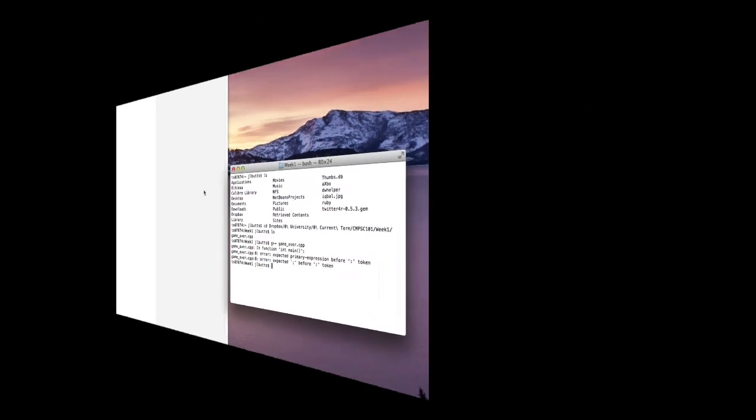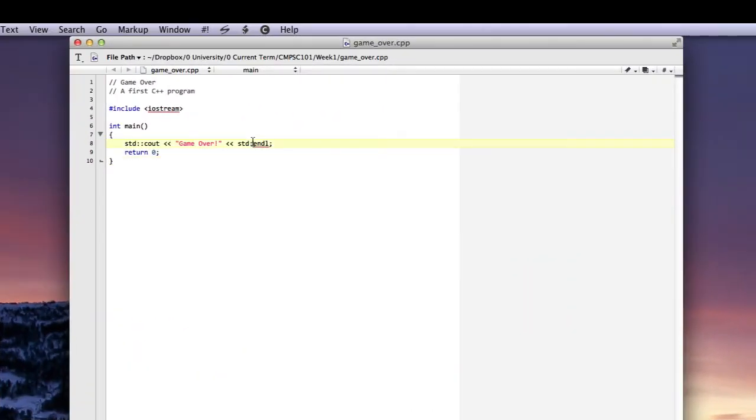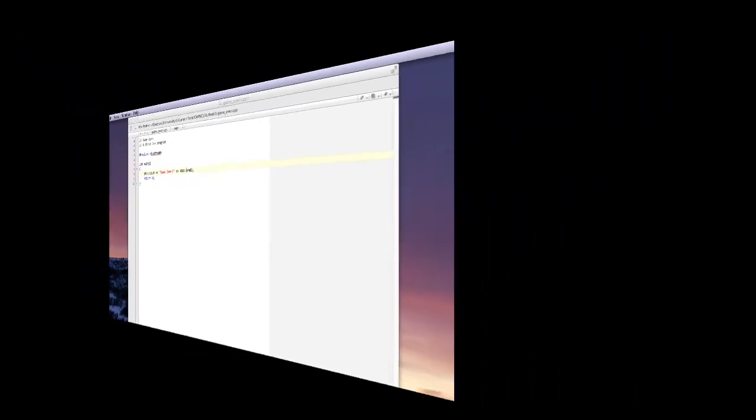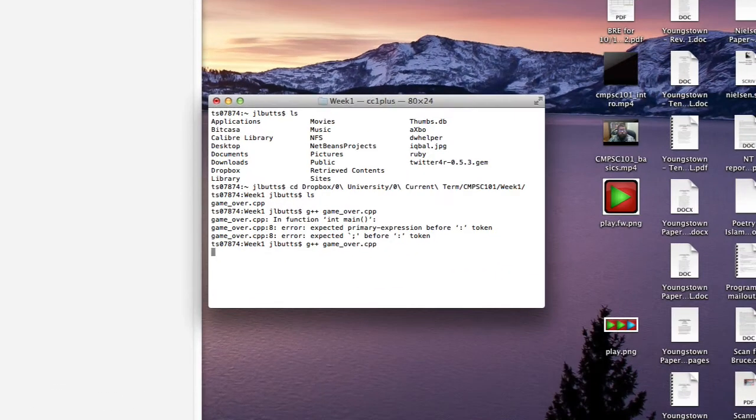And I have an error in my code, and I see exactly what that is. So I will fix that, and I've saved my file, and I will recompile. Okay, now if I list, I now have two files in that directory, game_over.cpp and